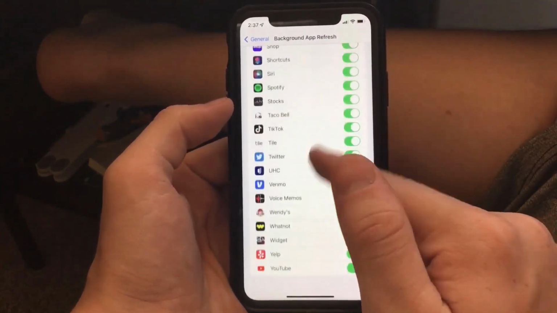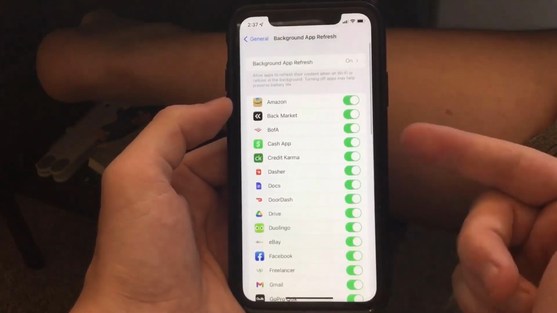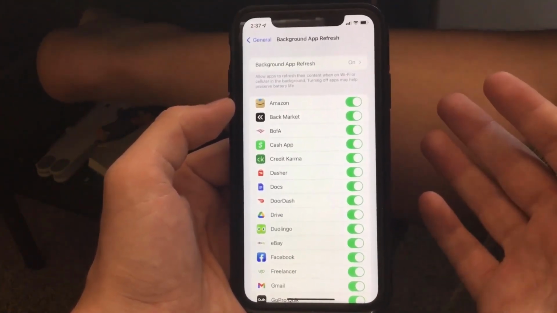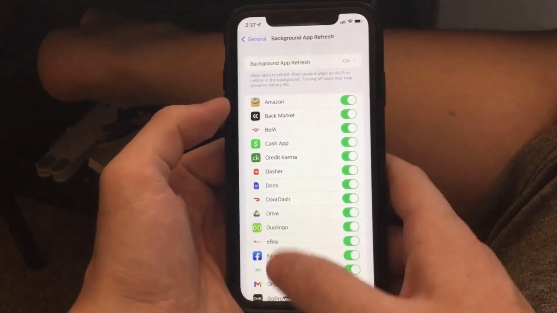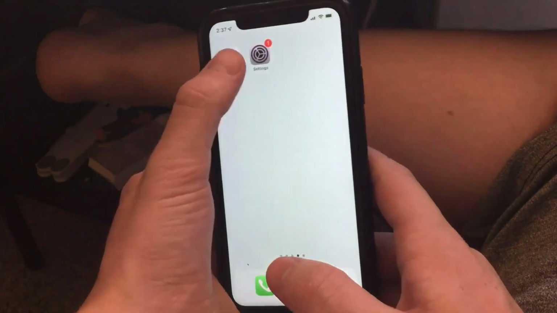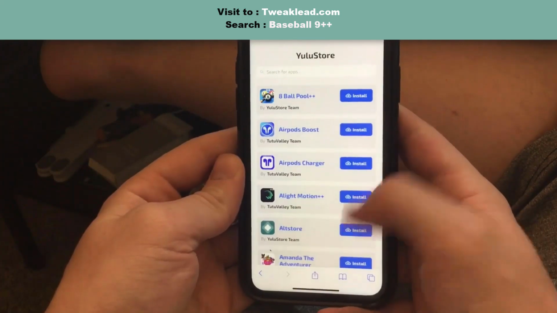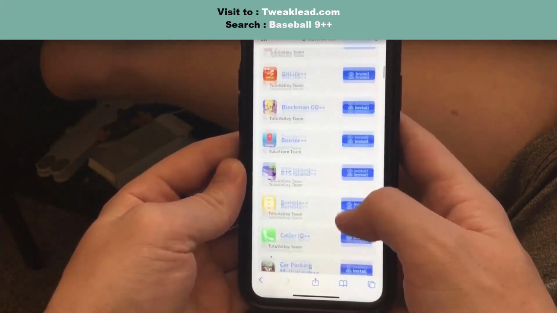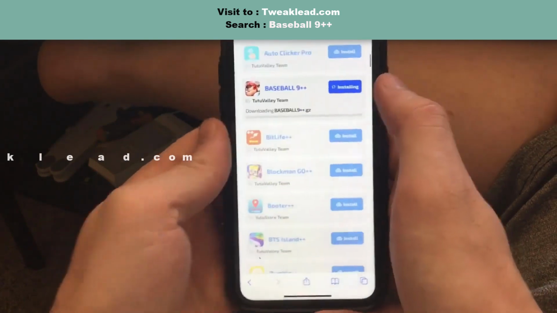If you don't do this and all your background app refresh is turned off, it could corrupt one of your apps, or it could also corrupt the app that you're downloading and it won't work. And if it's not going to work, then what's the point? After that, guys, .co is the name of this store, and it's essentially like a giant hacked app store. But one of the apps that I like to get on it is Baseball 9. Let's go ahead and hit